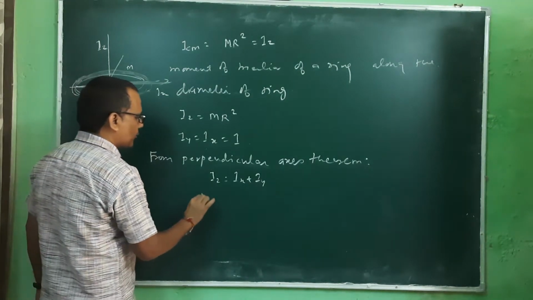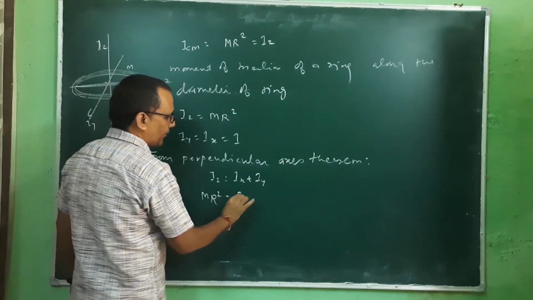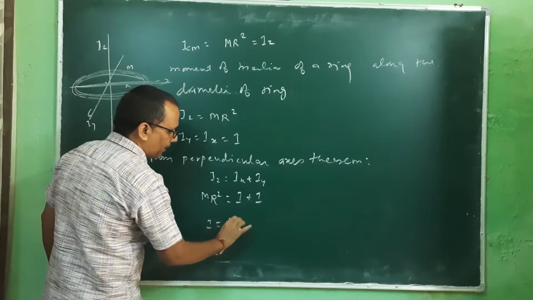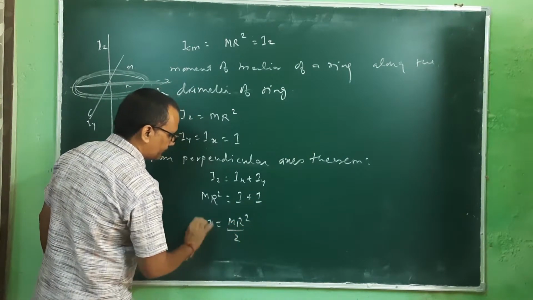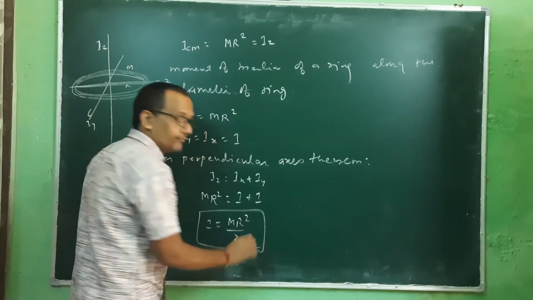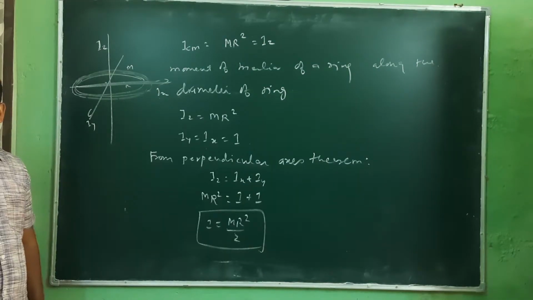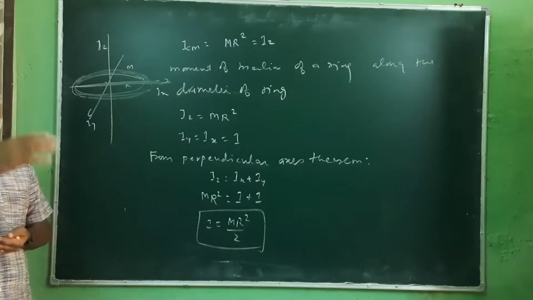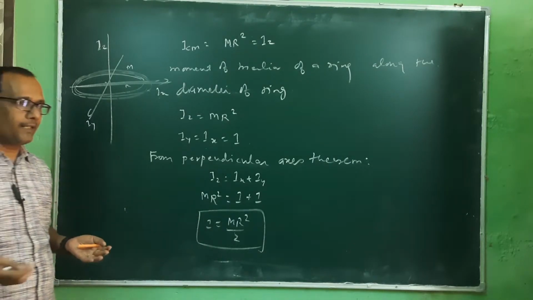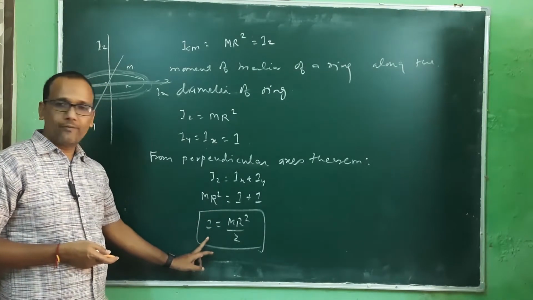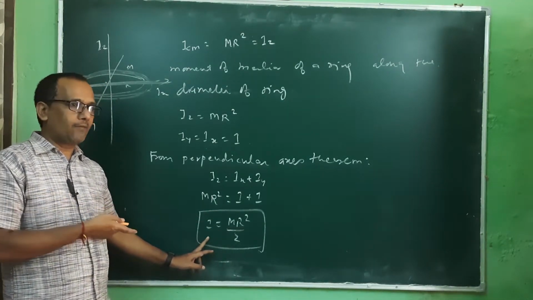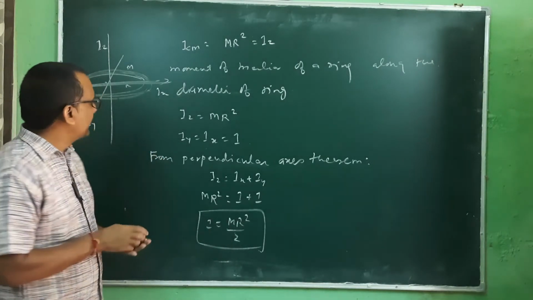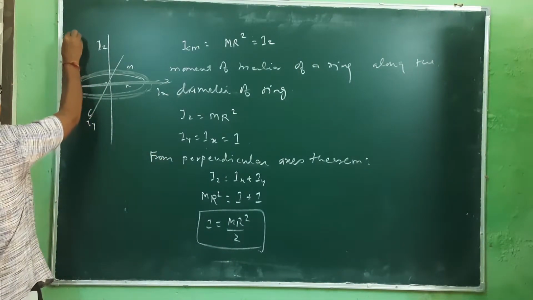Iz is mr square, it is equivalent to I plus I. So this I is equivalent to mr square by 2. Okay. So Iy and Ix will be identical because the diameter is identical. So one can have this I, which is either along the x-axis or y-axis, equivalent to mr square by 2. If this axis is somewhere here now,